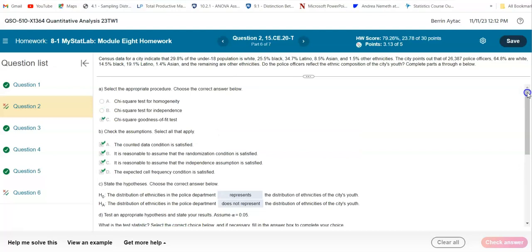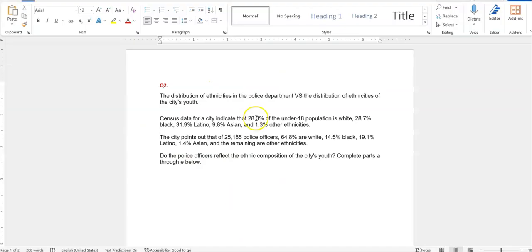Okay, let's look at this question. Here, the distribution of ethnicities in the police departments. Question 2 talks about the distribution of ethnicities in the police department versus the distribution of ethnicities of the city's youth. In particular, it says that census data for a city indicate that 28.3% of the under 18 population